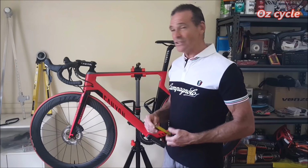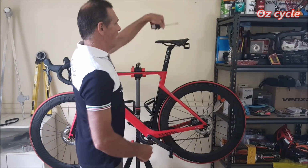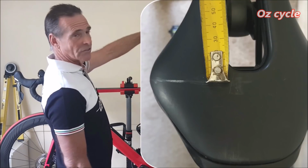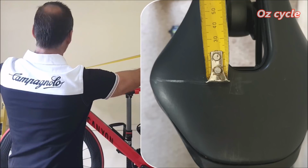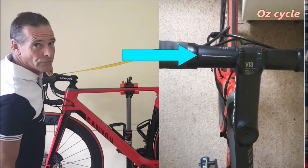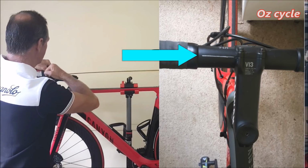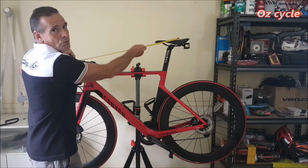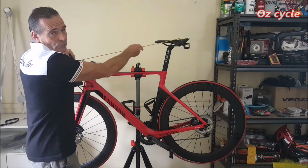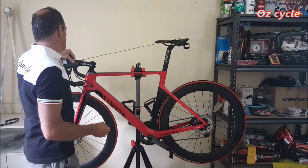Now the measure, once you've got it, is quite simple. Again, go to that line on your saddle and get your tape measure, put it on the line in the centre of the saddle there, and just go to where you hold on your handlebars, to the centre of your handlebar. So the centre of where you hold your hands on the handlebar, and then that's exactly your true fore and aft length, or your true length. Now for me that's around 795,